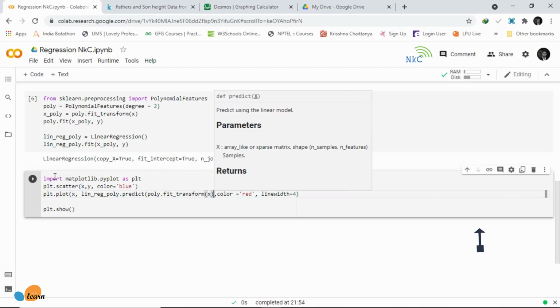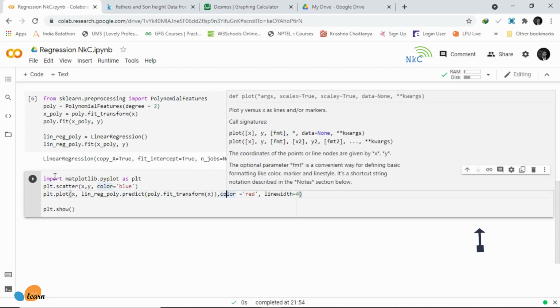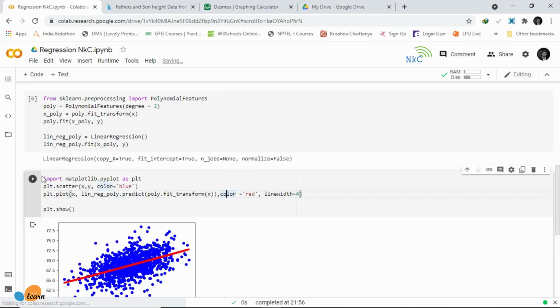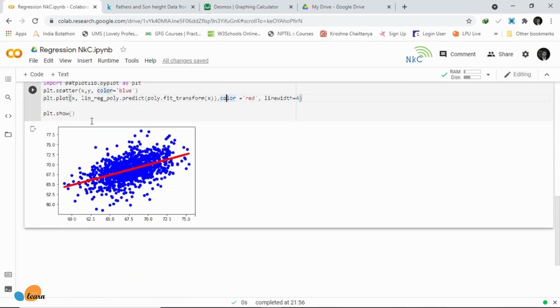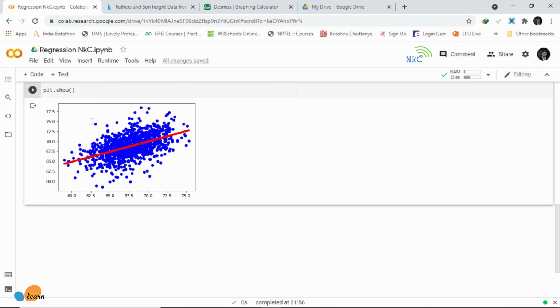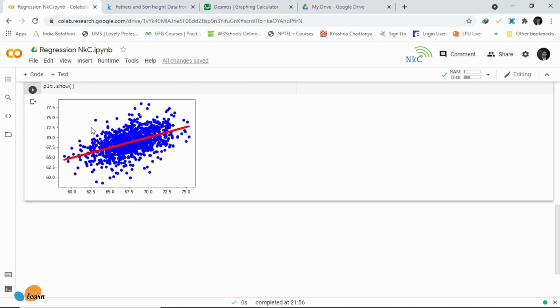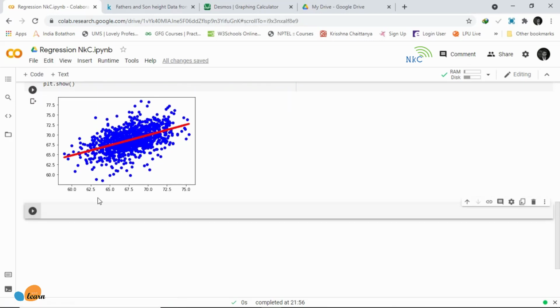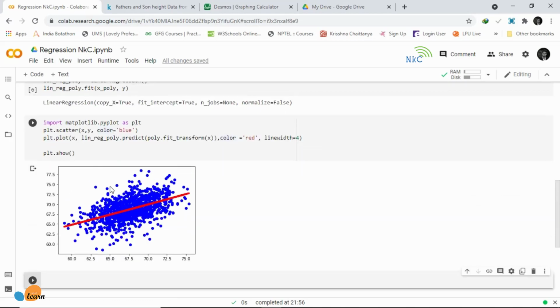Alright, so we'll run that. And it's a little bit subtle, but you can tell that at the far ends the curve flattens out a bit, right?